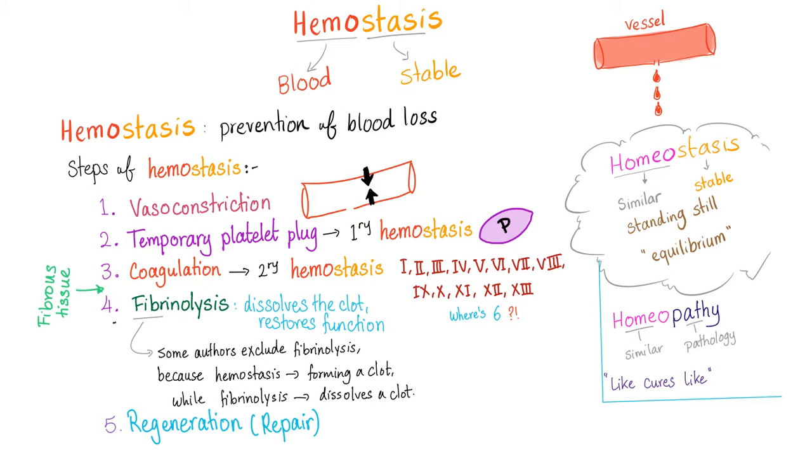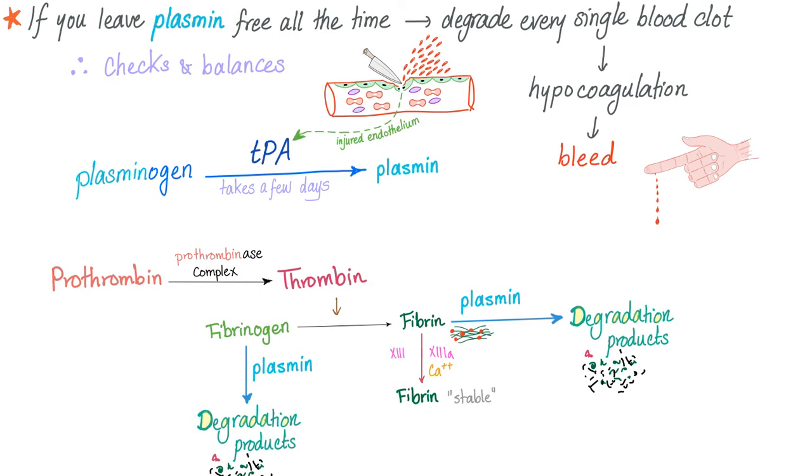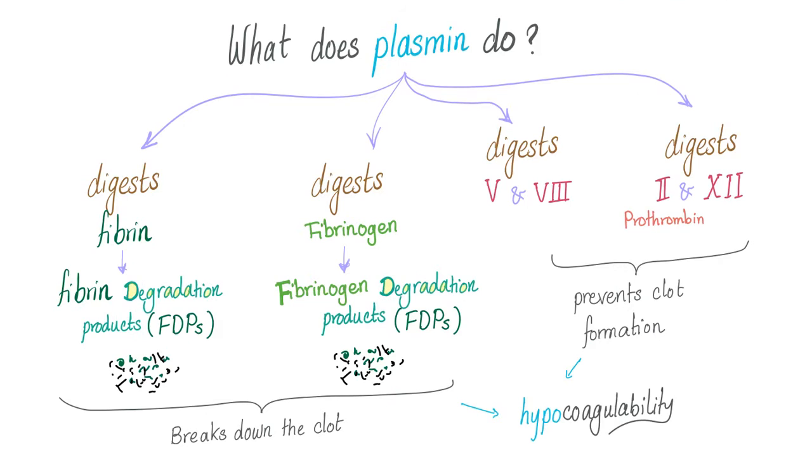Hemostasis has many steps. We are here. Fibrinolysis is the process of breaking down those fibrin fibers. Don't leave plasmin free because it's crazy. Put it in an inactive form called plasminogen. Then you depend on an enzyme called TPA or urokinase to activate plasminogen into plasmin. Then plasmin can destroy and break down fibrin into fibrin degradation products and fibrinogen into fibrinogen degradation products and the stabilized fibrin into the D-dimer. So the plasmin digests fibrin into fibrin degradation products and fibrinogen into fibrinogen split products and digests 5 and 8,